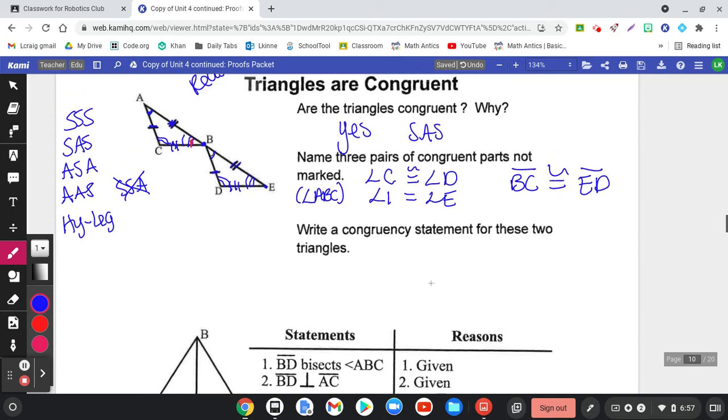All right, write a congruency statement for these 2 triangles. That just means tell me which 2 triangles are congruent. So triangle, and it doesn't matter what order you go in for the first triangle. You just want to make sure that the second triangle matches it. So triangle ABC, well, A matches E, so it's triangle E. B matched D... B matched E, and C matched D. Okay,